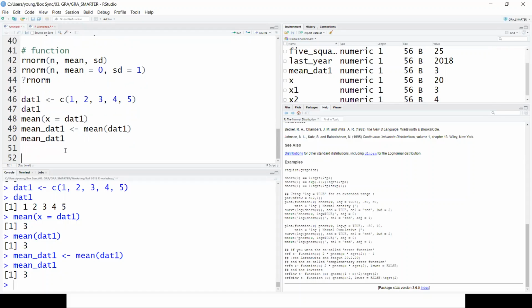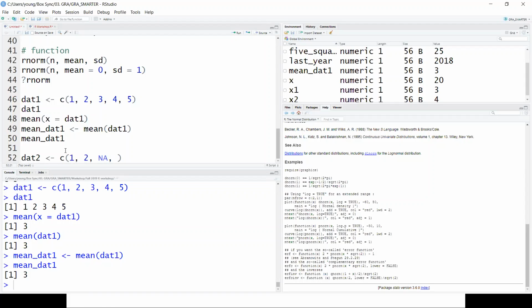What if we have missing data in our data? Missing data is sometimes a big problem in analyzing any data, right? So let's learn how to control this NA here. Let's make 3 a missing data. This is not applicable.